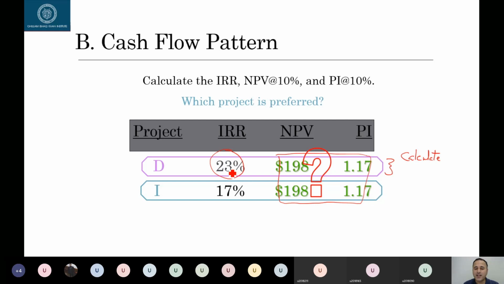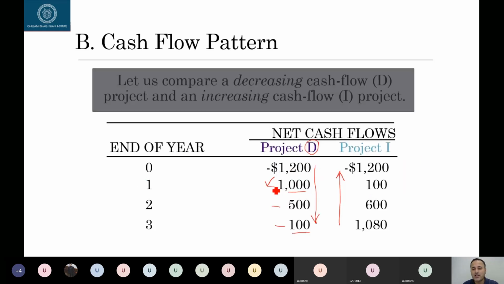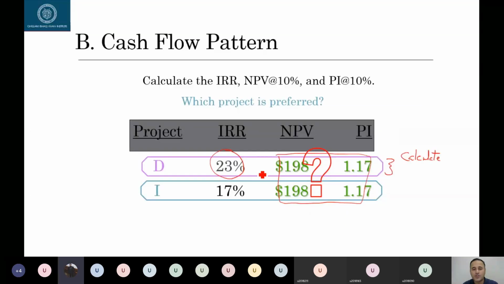And project D ranks high, the reason is the cash flows are more certain because the larger cash flows are occurring a little bit quicker compared to project I. So the larger portion of cash inflow is occurring quicker, and in project I, it's actually occurring at year number 3. So that's why the IRR is 23% for D and 17% for I. So NPV and PI, as I said,